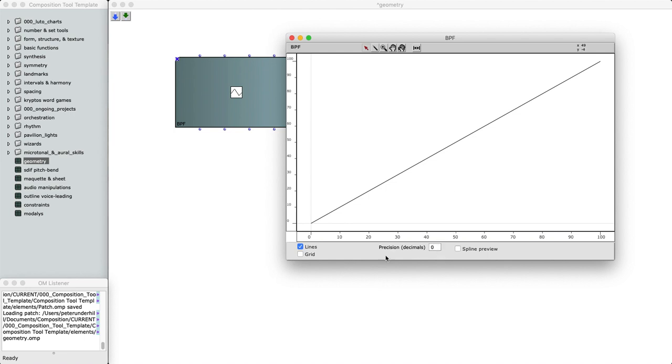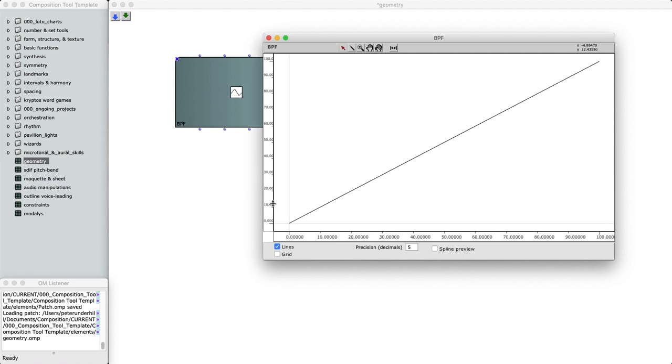And notice down here at the bottom, we have this optional little dialog here for the precision with which we are drawing or rendering this line. So if you click here and drag, you can specify the number of decimal points that OpenMusic will calculate when rendering this line. And so I've changed it to 5. You'll notice too that our axes here have shifted. We can't quite see it on the left-hand side, but we do have 5 decimals, and we do as well